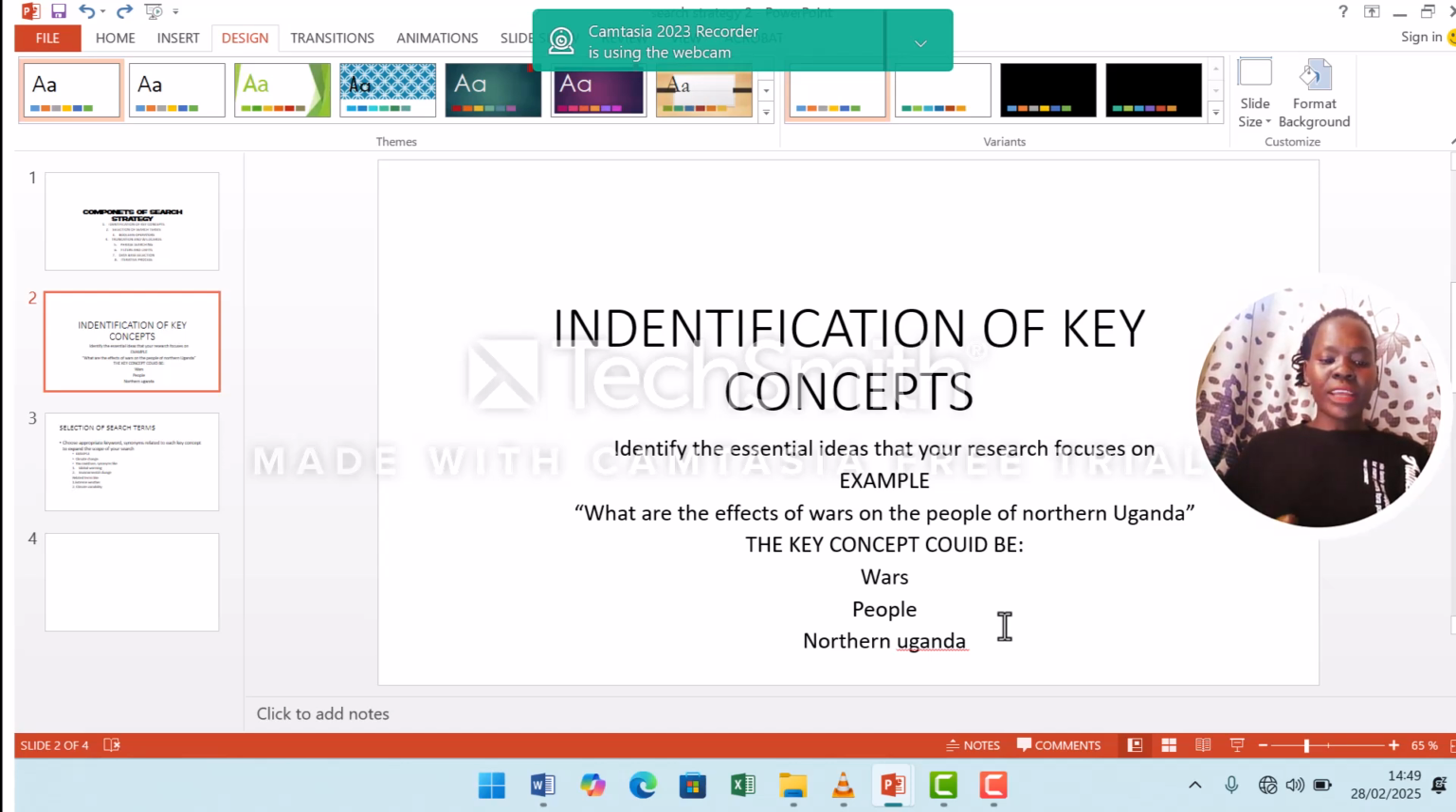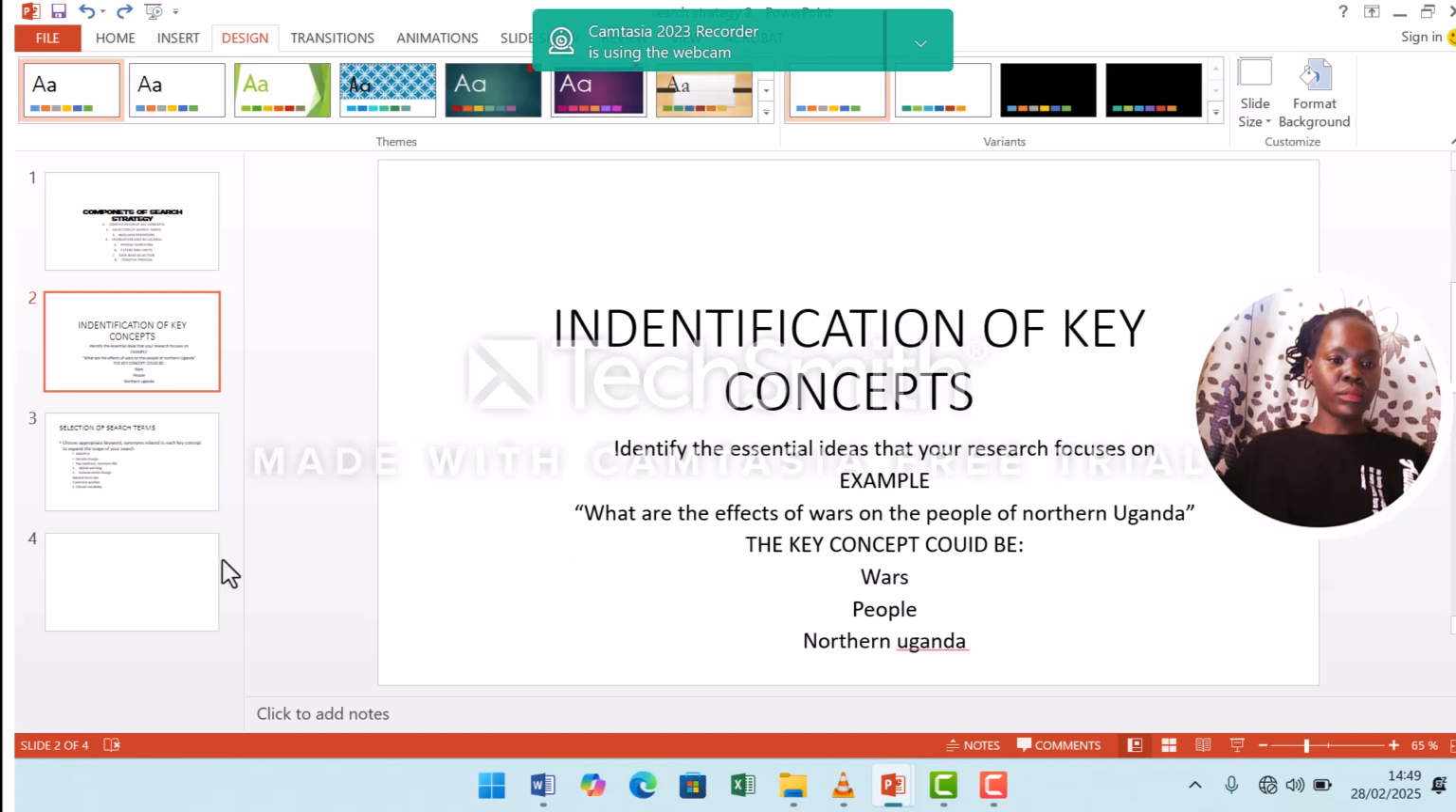Then we can even look at an example, maybe: what are the effects of climate change on agricultural productivity in Africa. There maybe the key terms can be climate change, agricultural productivity, and Africa. You must know the key terms during your research work. Then we shall look at